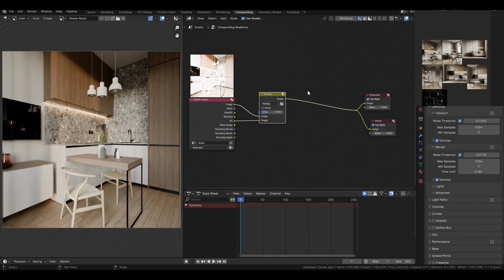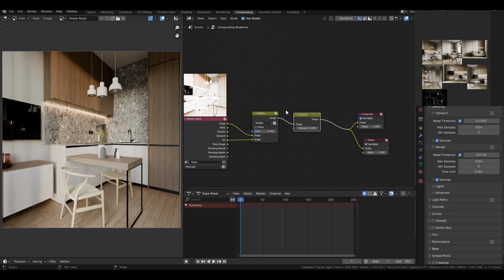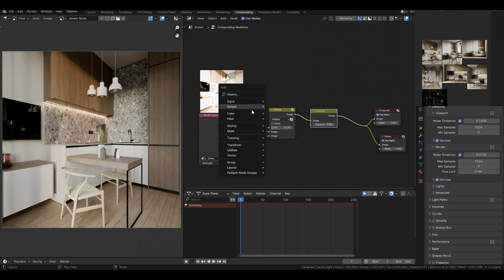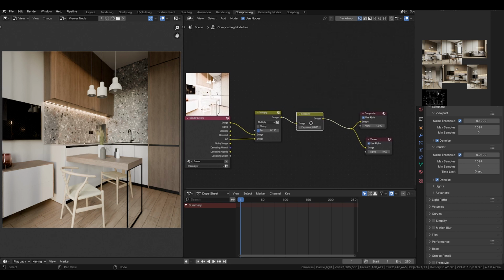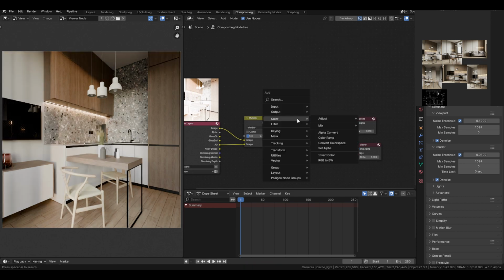Now we need to add some passes. We can add adjust and exposure. If you don't have this organization of the nodes, you should have the version of 4.1 or 4.0. So we can add an exposure node to control our exposure like this. You can increase it and decrease it. Also, we need to add some adjust. Also, we need to add some filter like